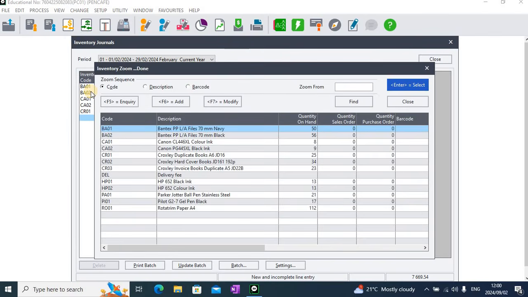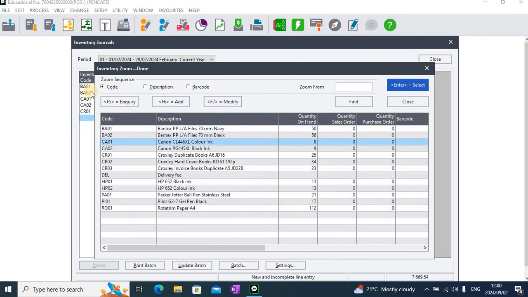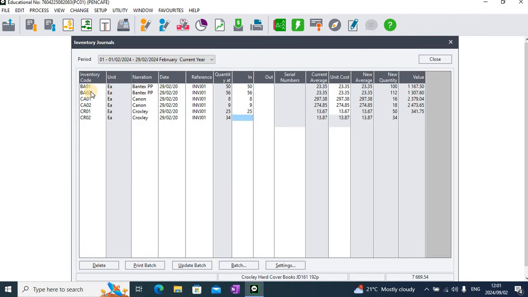Next one is hardcover, JD161, 192 page. Quantity is going to be 34. 13.87. Next one is going to be